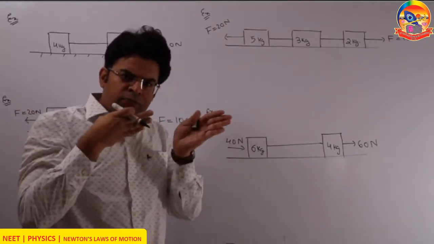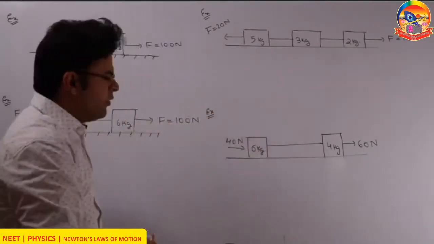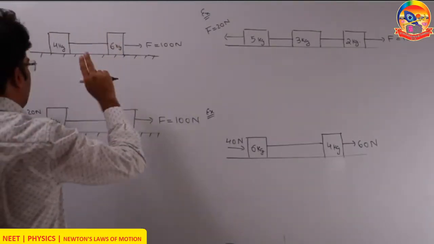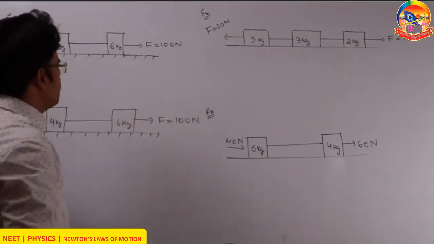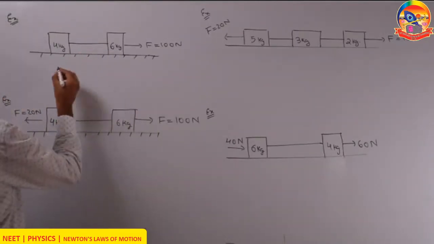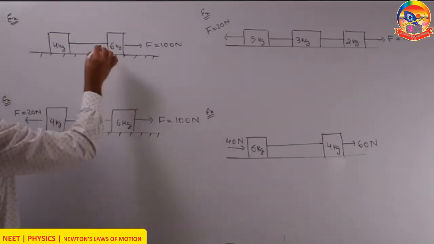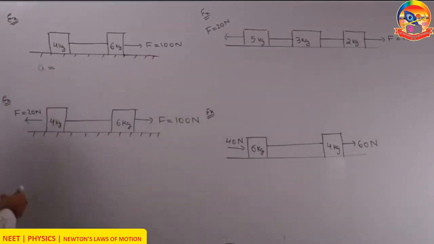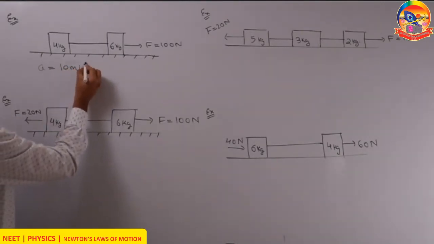As if both move with the same acceleration, I can treat it as if this string is made up of iron. So everything is made up of iron, though the string is massless. So now the question is, what will be the acceleration? You will say, look, the mass of the whole system is 10 kg, force is 100 Newton. So the acceleration of this whole system has to be 100 by 10. So acceleration comes out to be 10 meter per second square.